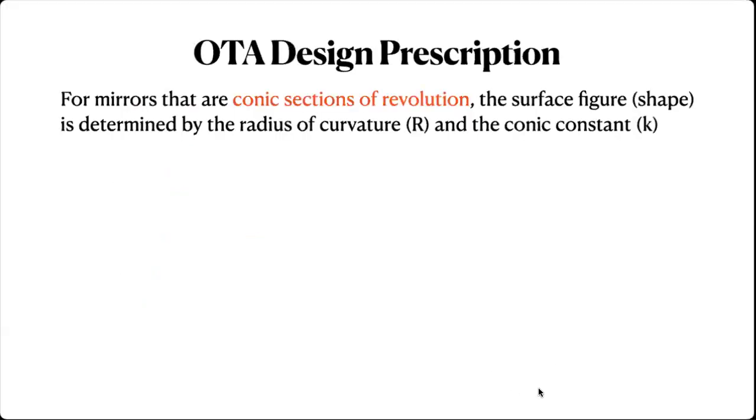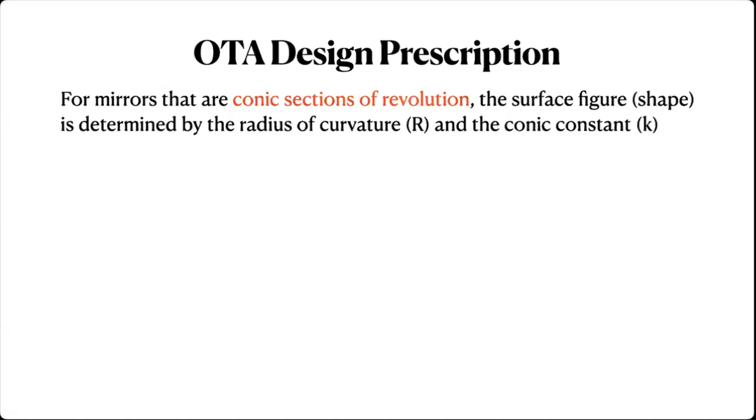I want to talk a little bit more about the mirrors and their shapes. So the primary and the secondary mirror are what are called conic sections of revolution. You may remember from high school geometry, there are 4 conic sections. That's what you get if you take a cone and slice it at different angles. You can get a circle, you can get an ellipse, you can get a parabola, and you can get a